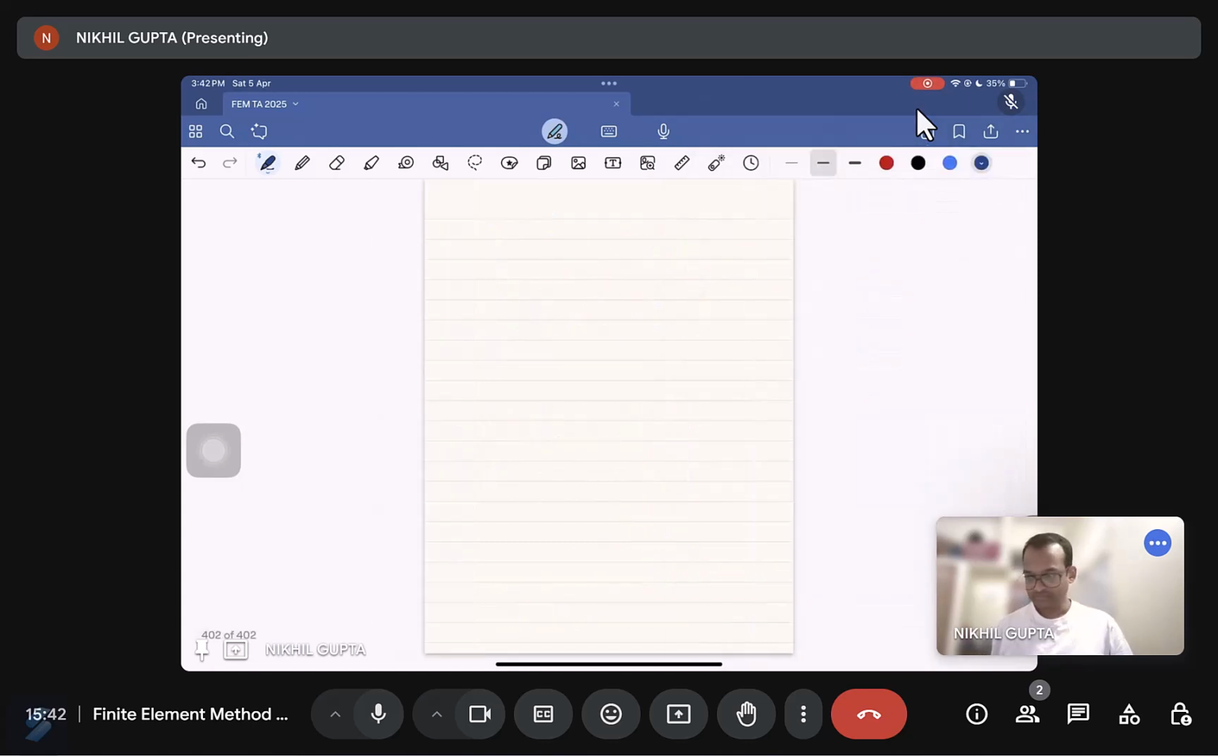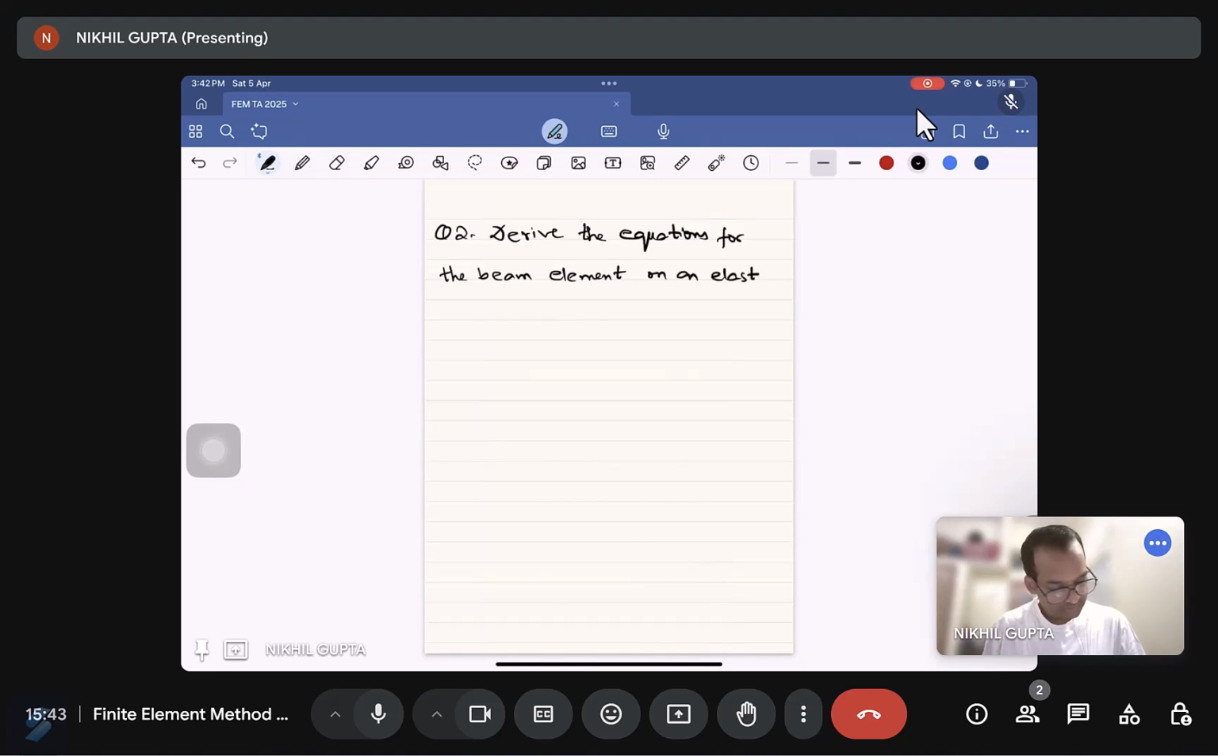Now let's go to question number 2. Okay, so what you have to do in question number 2, we have to derive the equations for the beam element on an elastic foundation as shown in figure,